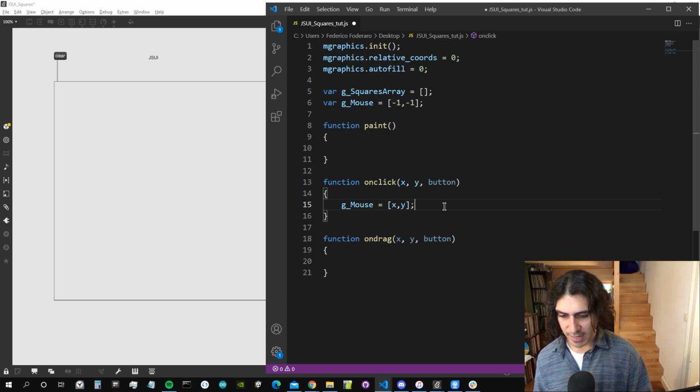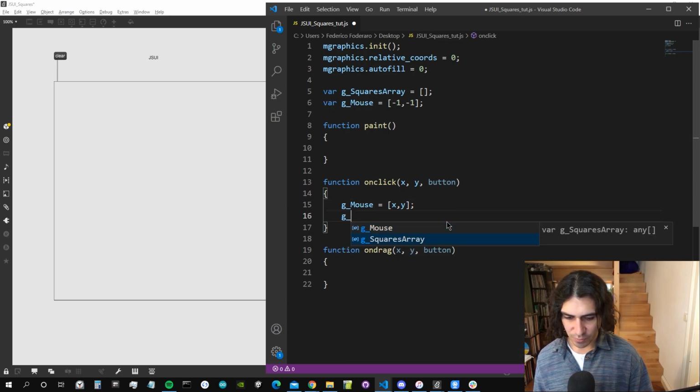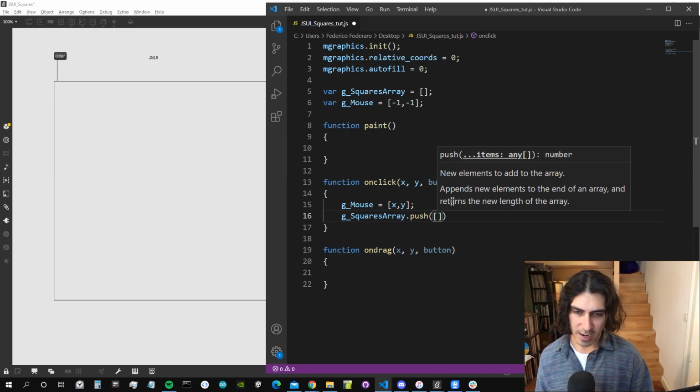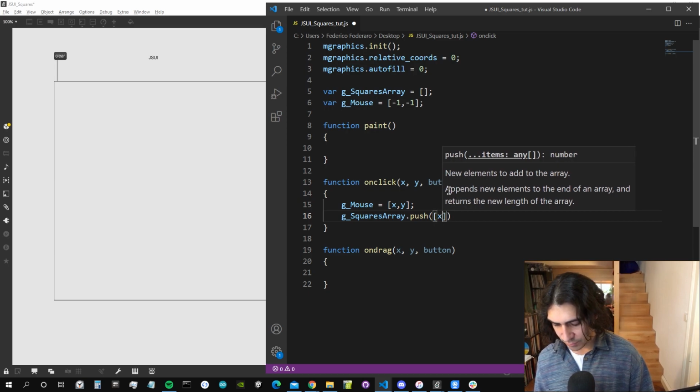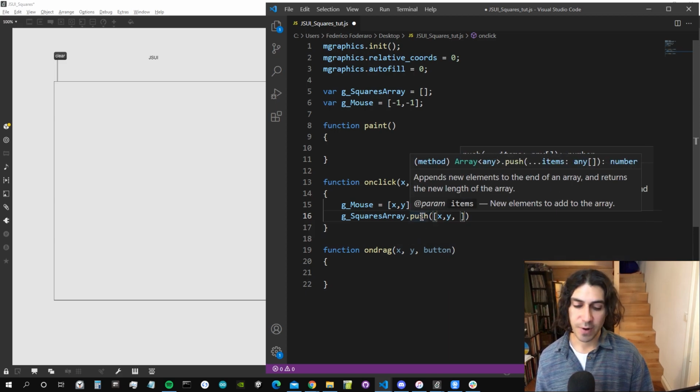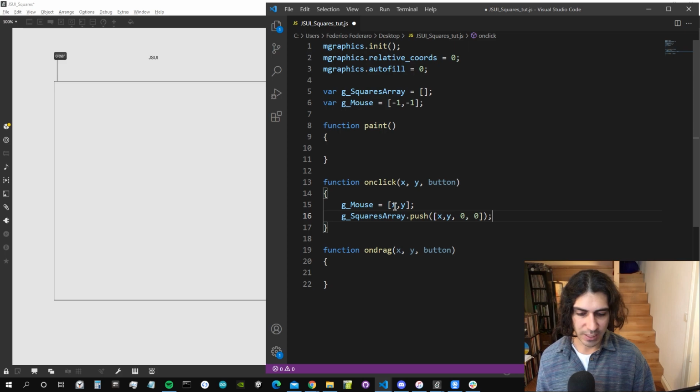So let's do it like this, G square array dot push. We're going to push an array with 4 elements. This is our rectangle. The first 2 elements are going to be the X and the Y, and then we need the width and the height of the rectangle. This we don't know yet, so we're just going to say 0, 0. Good, because then we will drag, and what we're going to do is set